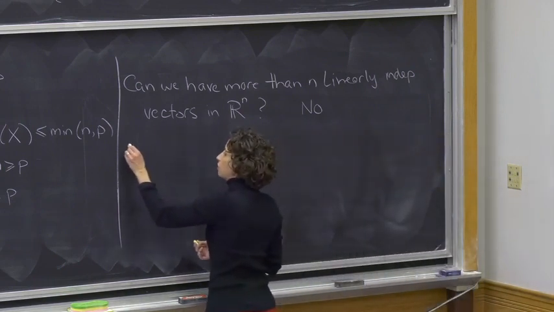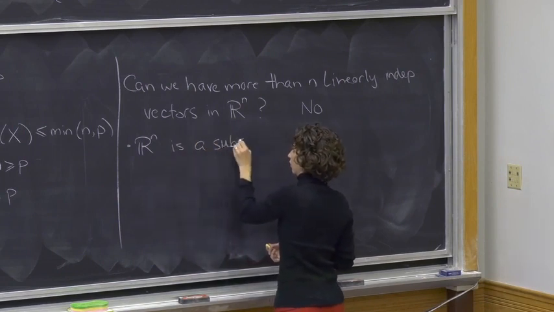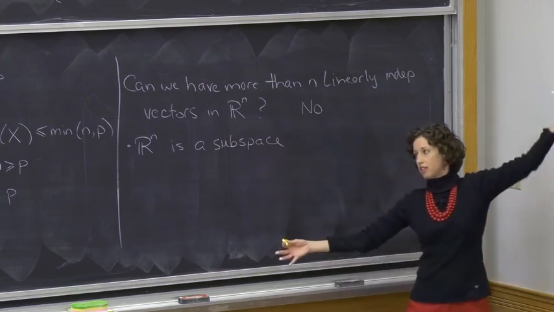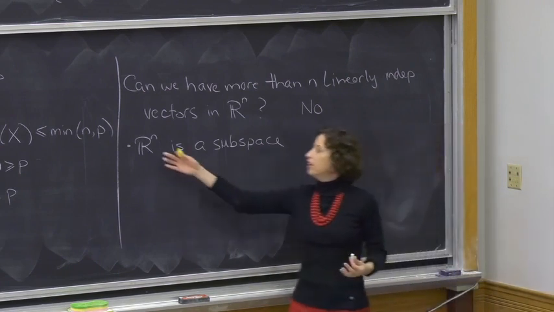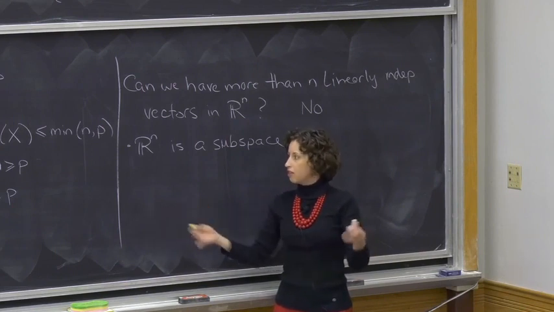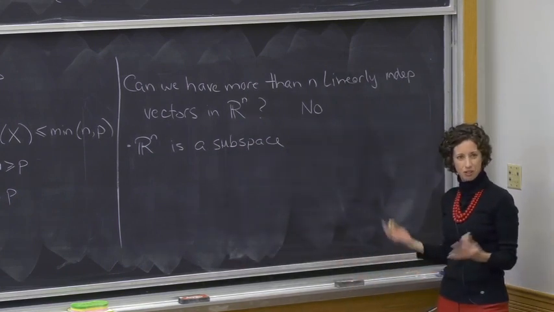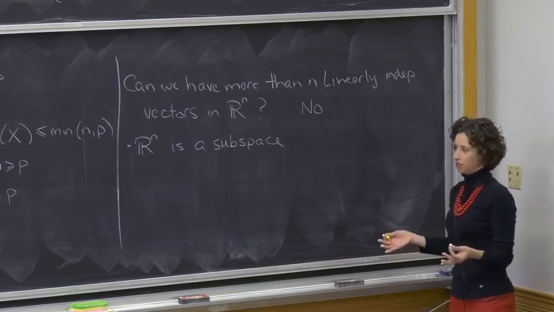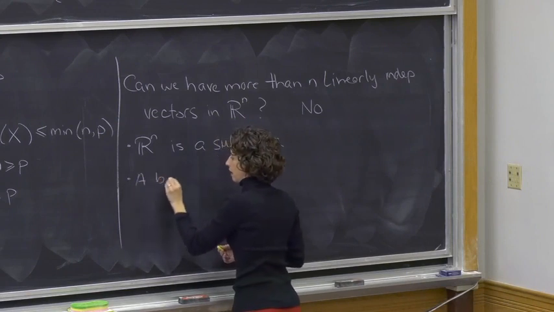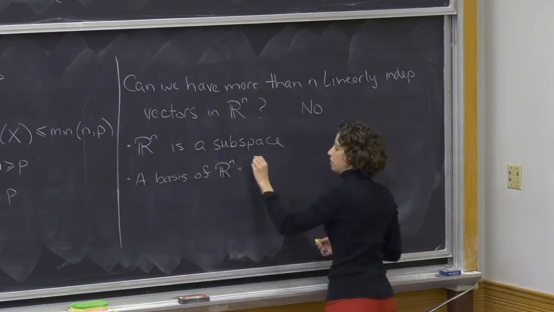So in particular, the first thing I want to note is that Rn is a subspace. It contains the origin. It contains things at infinity in all directions. If I take any two length-n vectors of real numbers, all of their weighted sums are also length-n vectors of real numbers. So it's an example of a subspace. Maybe not a super interesting one, but it is a subspace. And it has a basis. So a basis of Rn could equal the set of vectors